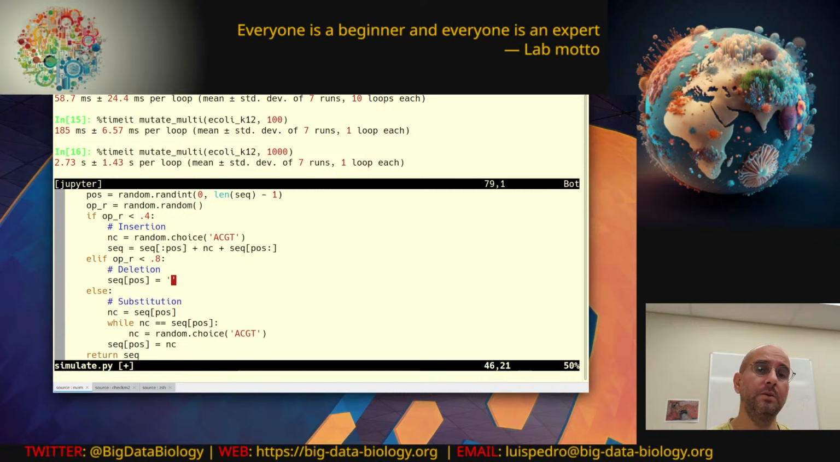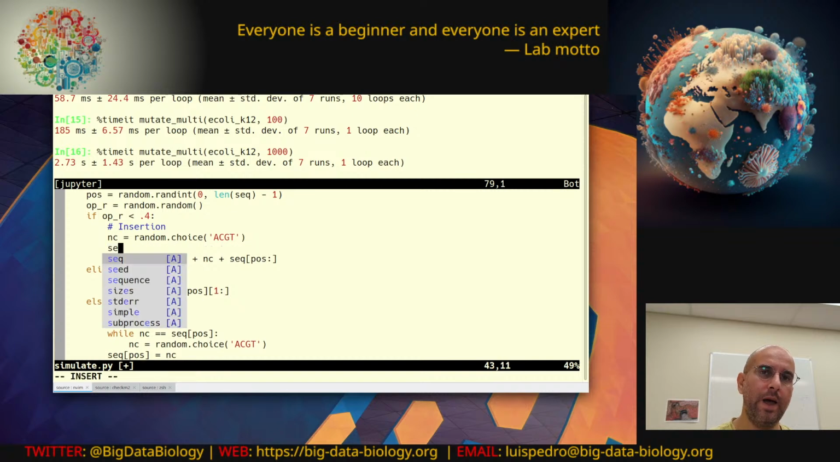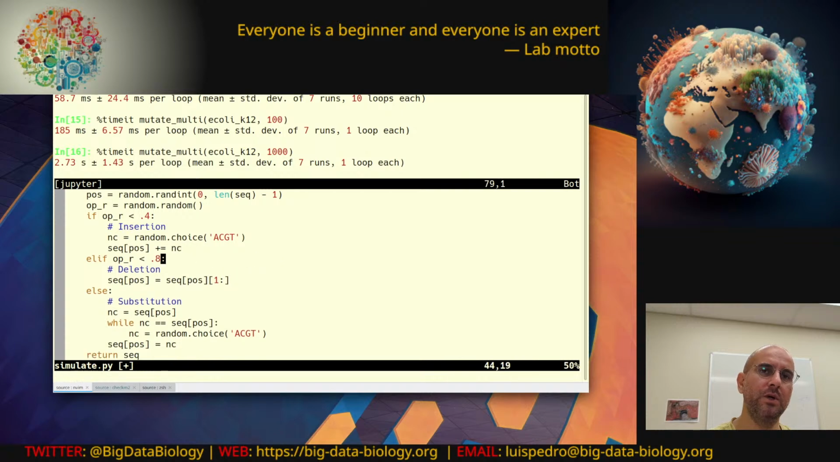This is a deletion. Let's actually do it like this. For an insertion, we can also do this, which is going to change that string. So this is almost exactly what we had before, but it's not going to give you the exact